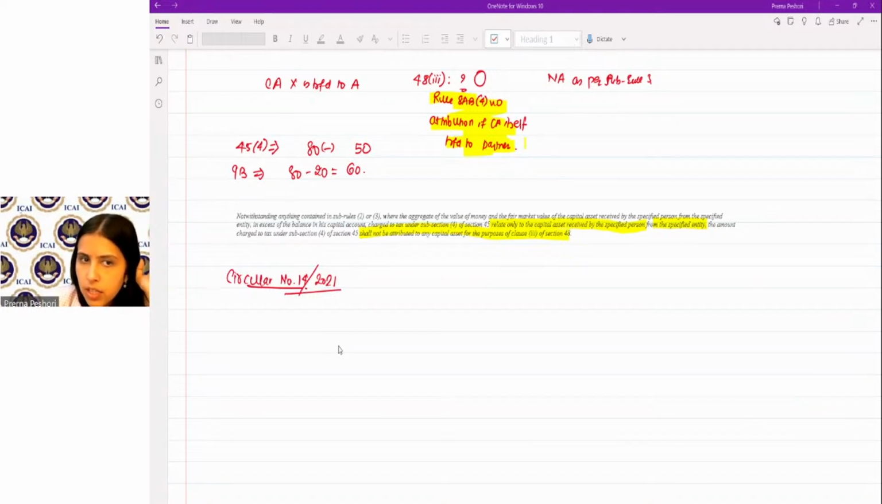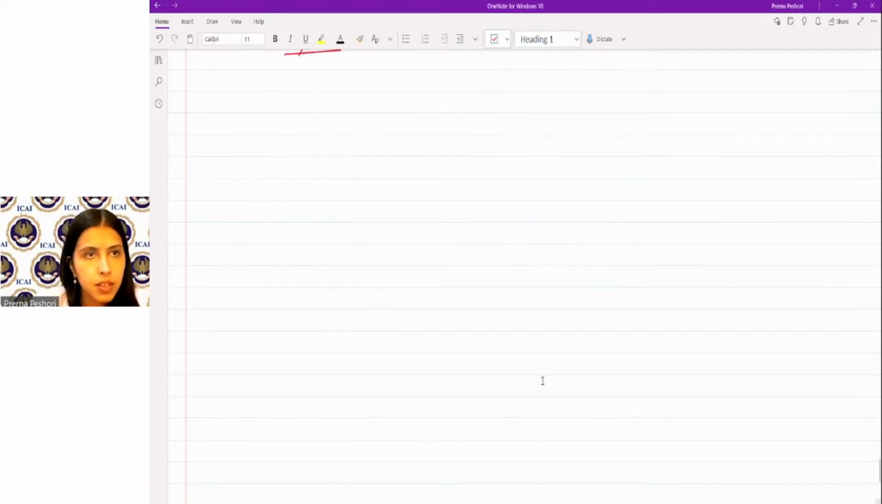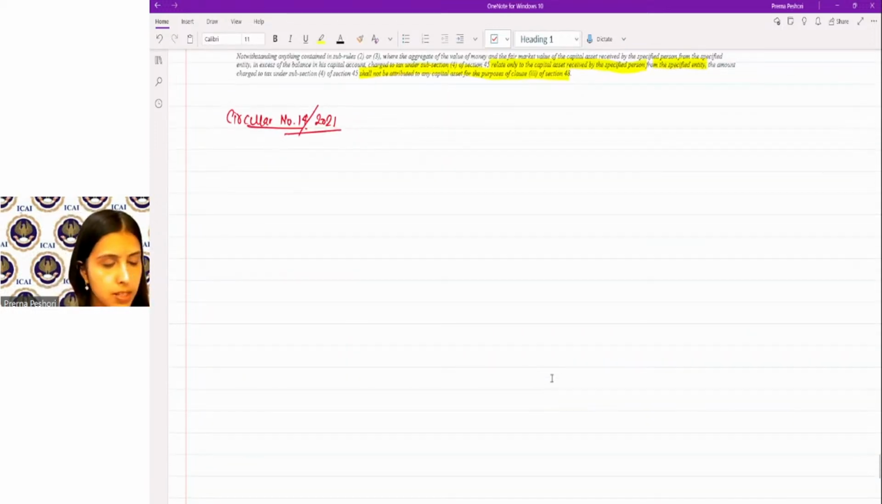Right? So how do we resolve that? For that purpose, we have the circular number 14. Before I tell you what the circular says, let me give you an example so that you are able to understand it in a better way. Okay. So, what does it say? Let's say